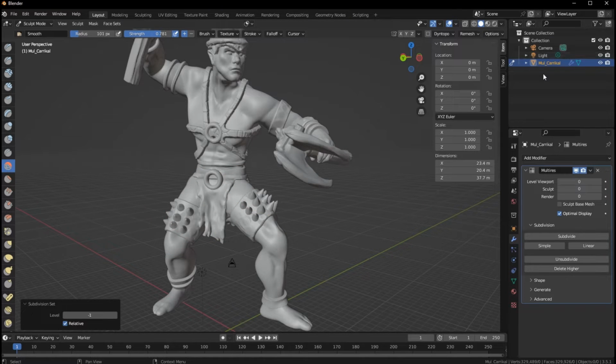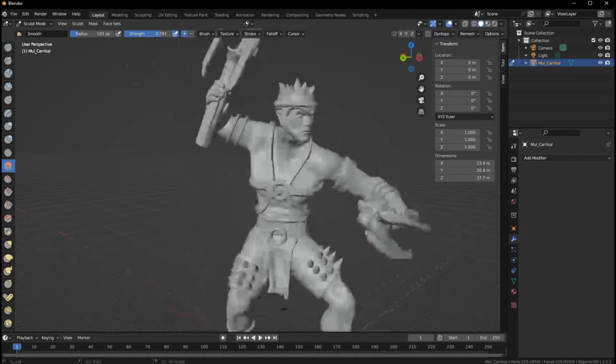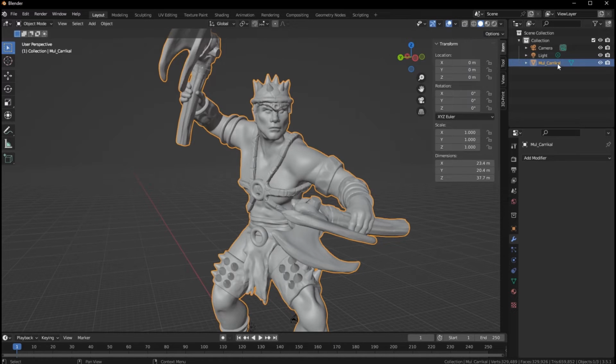Alright, so get rid of the multi-res. I don't know why it makes that modifier. Alright, so now we've done a little bit of cleanup. The model should be much better for decimation now. So let's get out of sculpt mode and go back to object mode. Let's make a copy of this model. And we're going to call this the